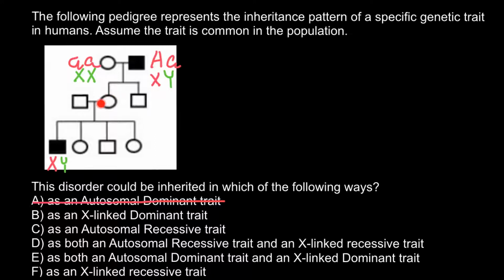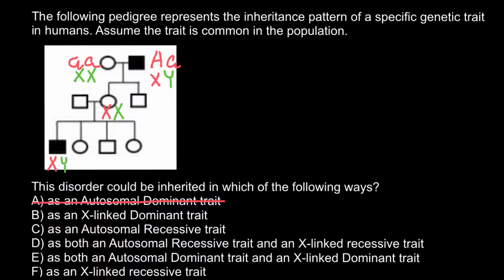So the genotype of this female has to be one defective X chromosome inherited from the father's side, and this is the only chromosome she can get from her father's side,